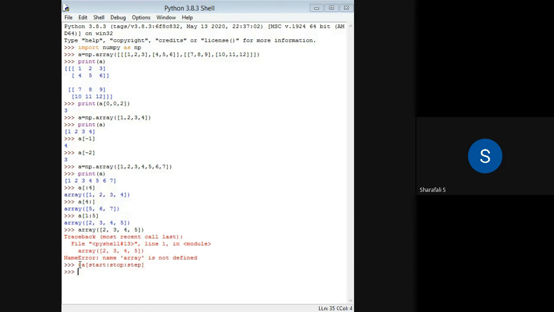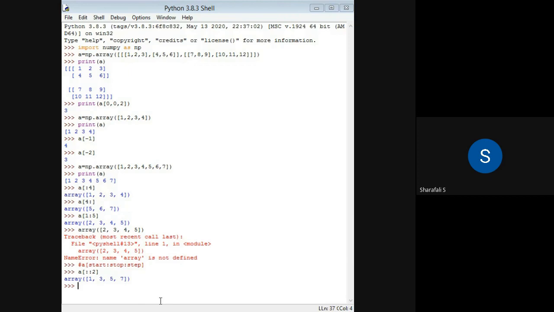access elements. So I am just writing a in square bracket. I'm leaving out the first two values. In this case, I'm not giving any start or stop points, which means I will be starting from the initial point and reaching the final point. And I'm giving step size 2. Then I can press enter.